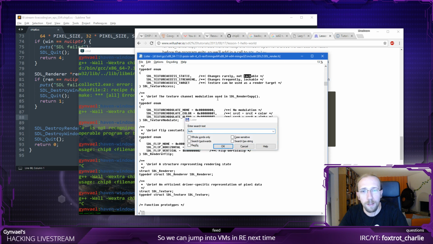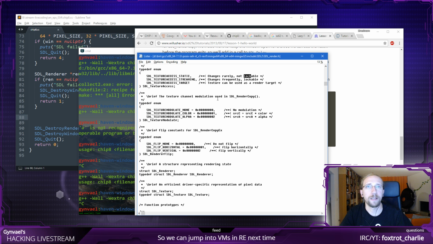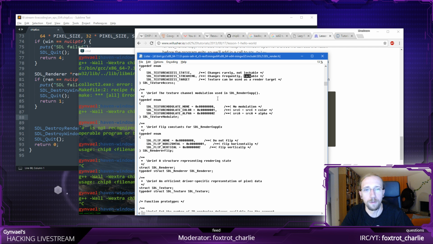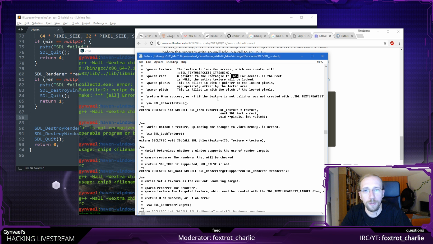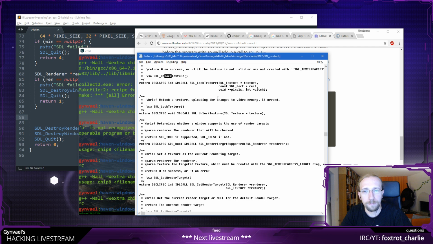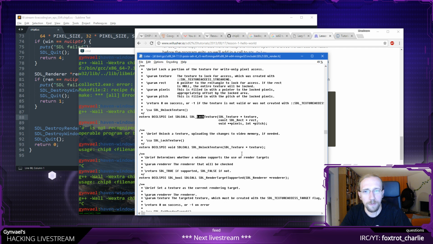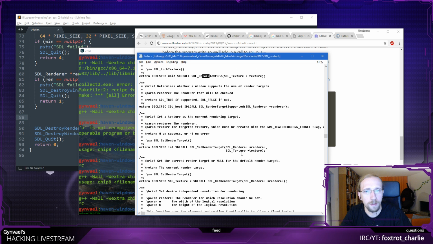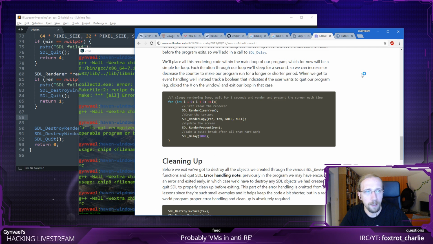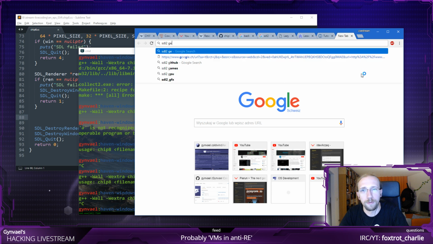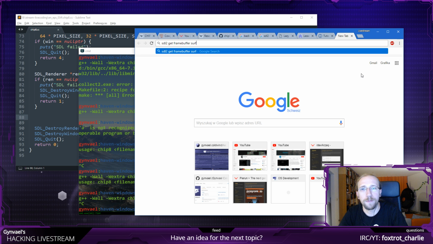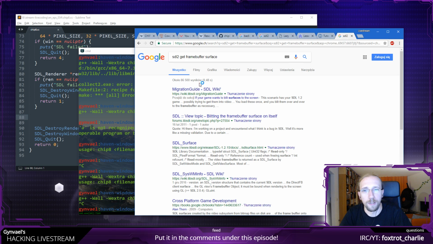Renderer. Perfect. Lock. Usually there's something like a lock frame buffer, or maybe lock renderer, which should give me a lock texture, but this is not the texture, right? Yeah, SDL get window surface. Surface is the term they are using for frame buffer.